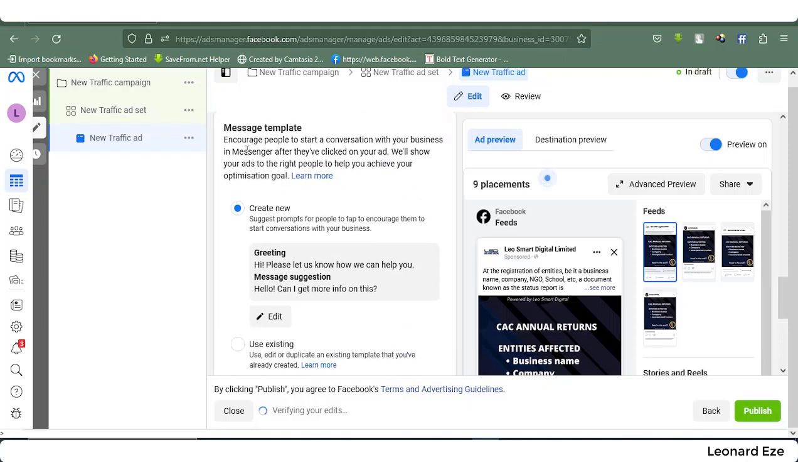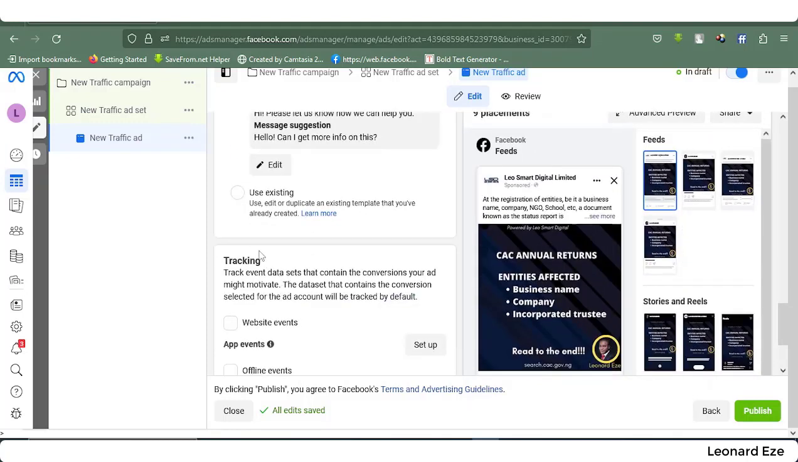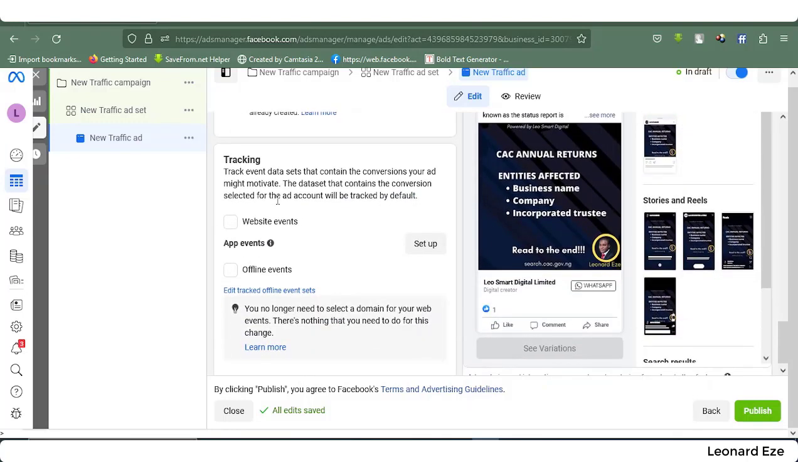So you can see that you see a message template. Encourage people to start a conversation with your business in Messenger after they've clicked on your ad. It will show your ads to the right people to help you achieve your optimization goal. So you can create a new one. You have: Hello, please let us know how we can help you. Hello, can I get more info on this? These are messages that people can send and test. You can use the existing one,